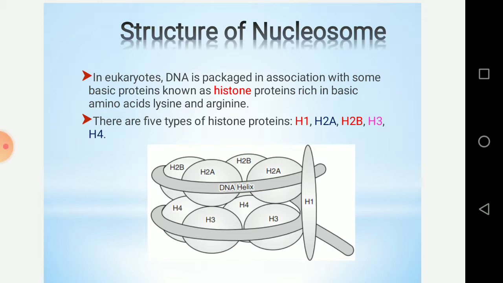There are five types of histone, that is H1, H2A, H2B, H3 and H4. You can see all these histone molecules, and since there are 8 molecules, they form doublets of two structures, and one H1 lies outside this structure. It forms an octamer, meaning four on the top side and four at the bottom side, and together they form eight small molecules, and combining all 8 molecules it forms a histone, and DNA is wrapped around it.